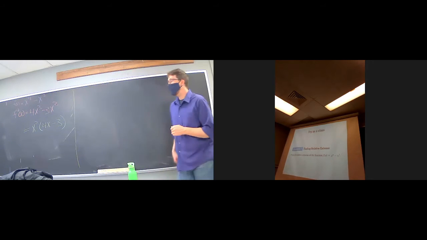Now we want to factor out the 4 and the 3 somehow, right? Or we can just go ahead and leave it in this form. I would suggest leaving it in this form. This is going to tell us that our derivative is equal to 0 whenever x is equal to 0 or